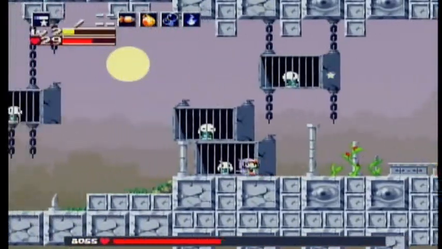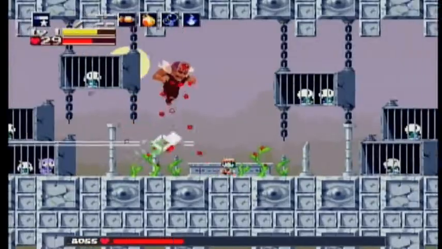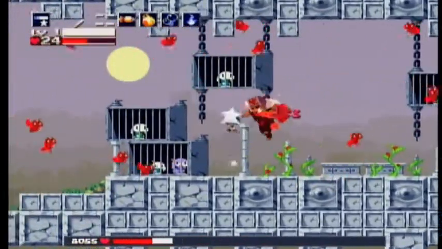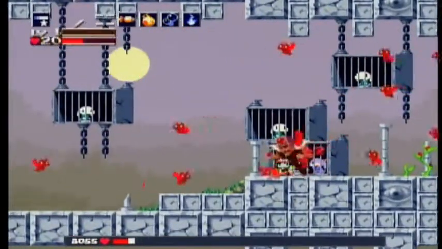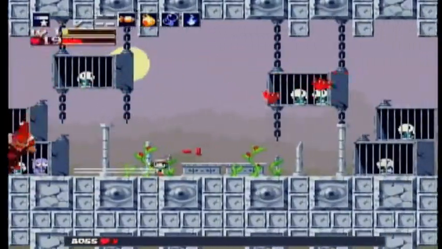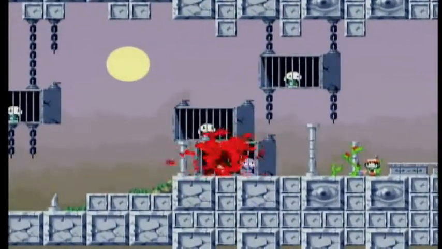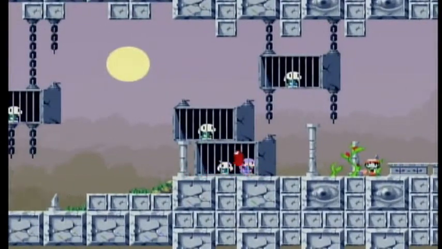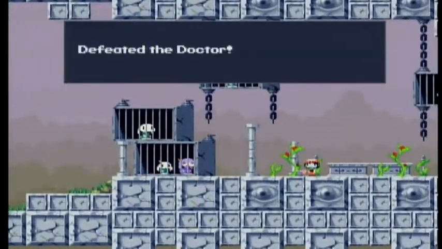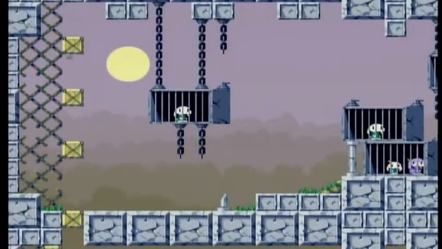He can also teleport again, so keep that in mind. He can shoot out those bats, which I believe you can shoot for yourself. Yes, you can. And he's dead. Batman, kill him! And he defeated the Doctor, but if you notice, the red crystal disappeared, and now, going